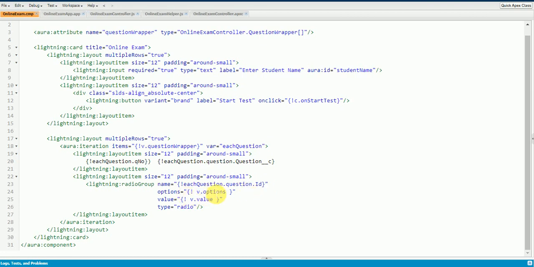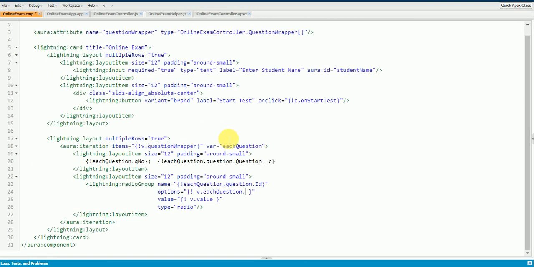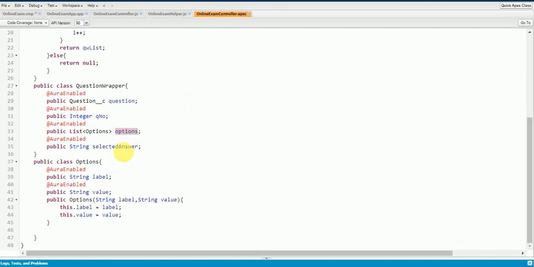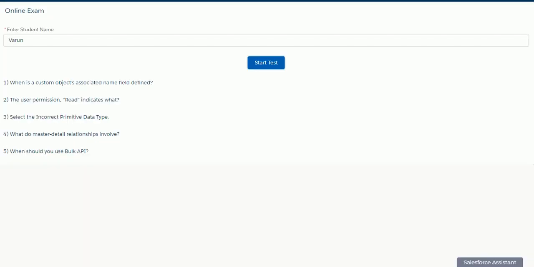And here comes the options. Here we have to pass the options wrapper class which we created in our Apex class. That is nothing but each question, this is each wrapper class dot options, and the value is nothing but we can store this in a variable called selected answer. Now go back to your application and refresh this page.